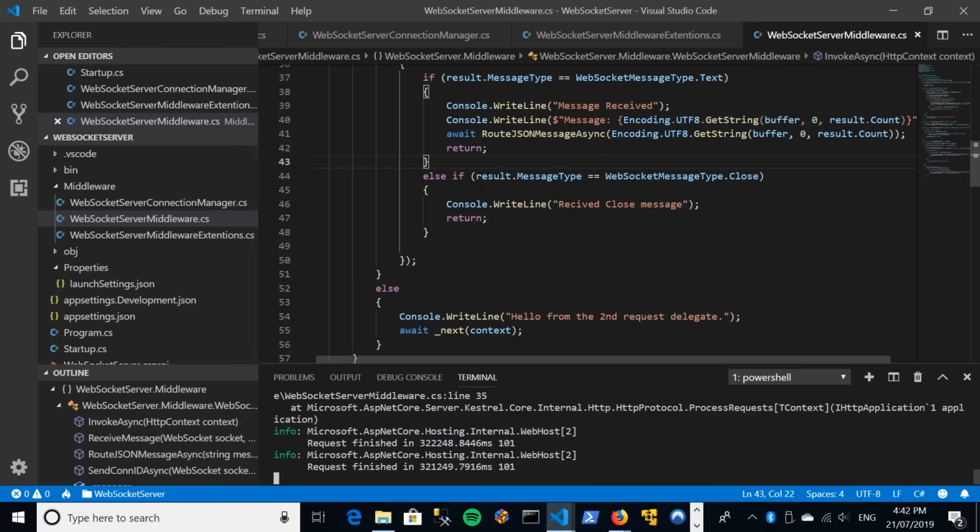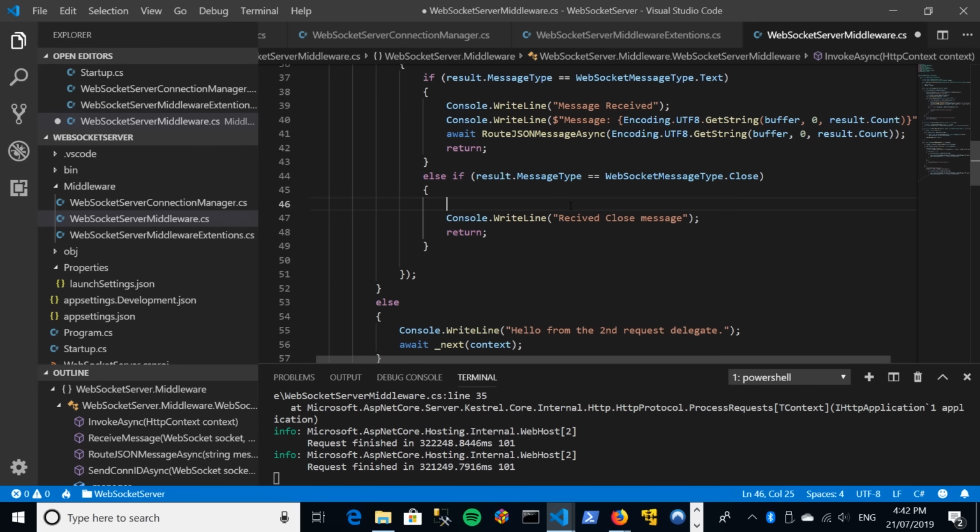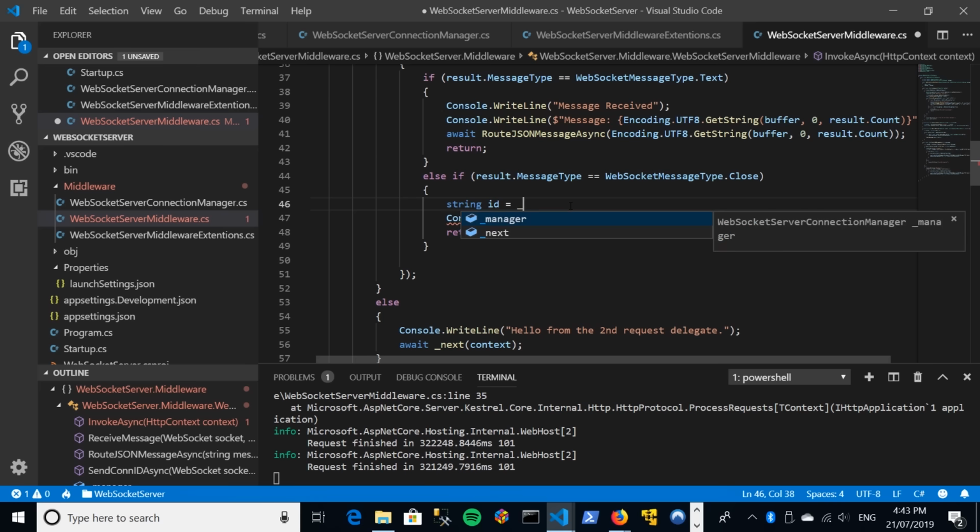So the first thing we want to do if we receive a close message is just to get the ID of the WebSocket that sent us that close message. So we do it in the following way. Create a string called ID, and then using our manager object, our manager class should I say, well it is an object really, we'll get all sockets,